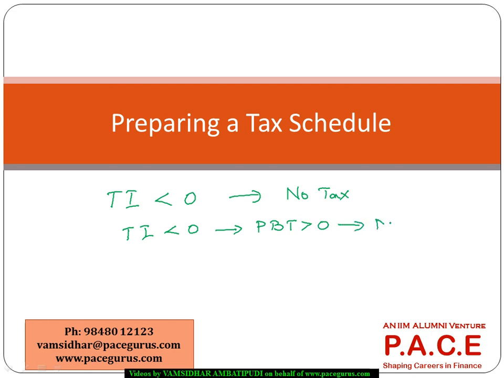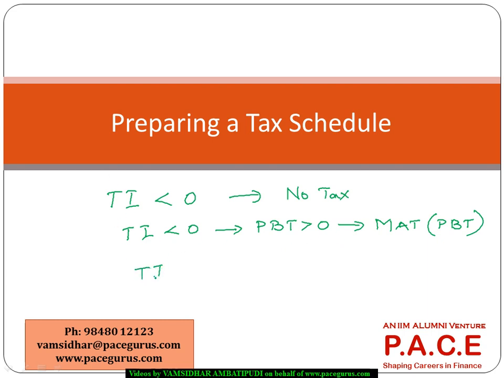We talk about applying a minimum alternate tax on the PBT. We have a minimum alternate tax to be paid on the PBT, but which would typically be adjusted, because at the end,